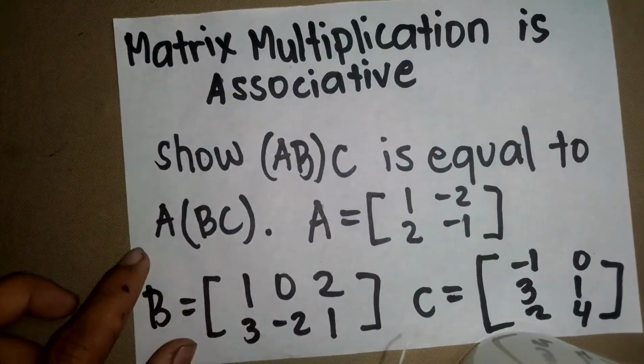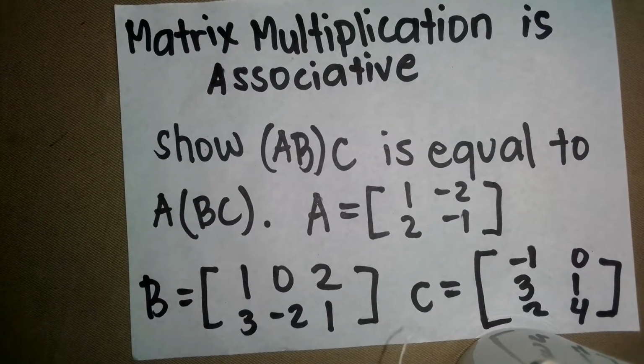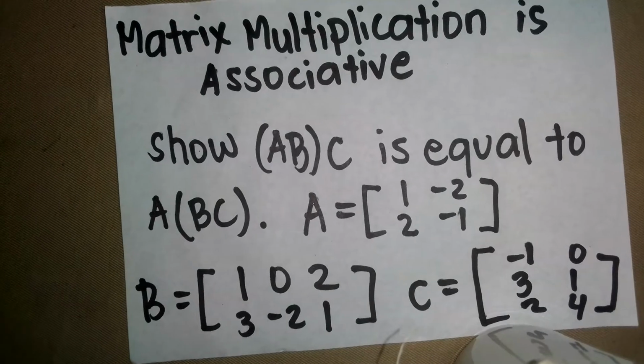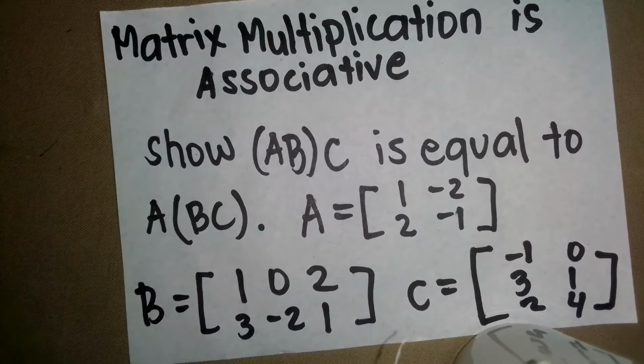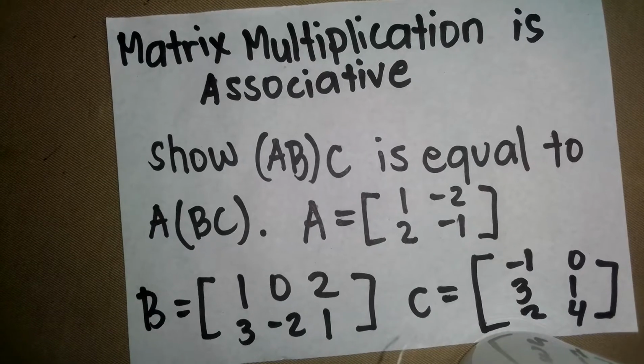We get to know all the properties of matrix multiplication through the following example. First, matrix multiplication is associative. For example, show that quantity AB multiplied by C is equal to A multiplied by the quantity of B and C,